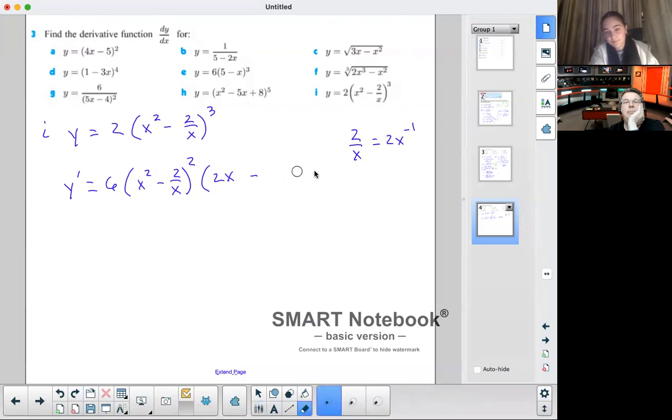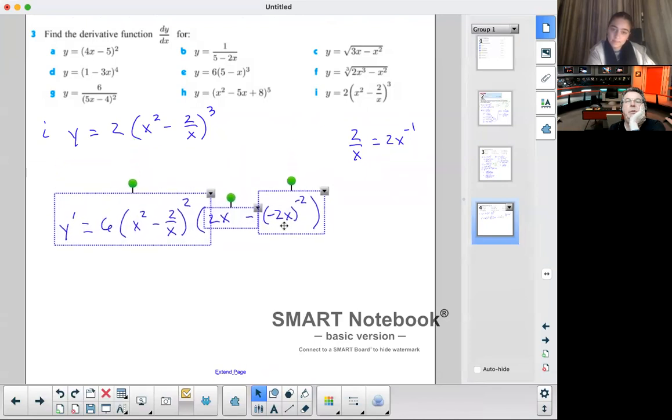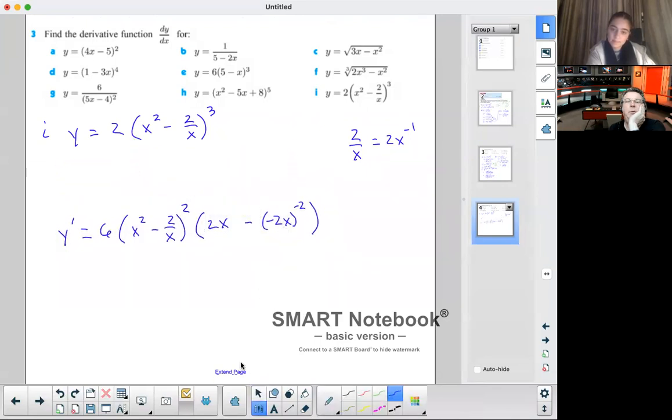So minus 2x, minus 2x to the -2. Right, so it's -2. Yes. So what I would suggest, and we're going to clean that up in just a second, is before you start taking the derivative, look at that and say, ooh, I better rewrite that. It's the little rules like that.